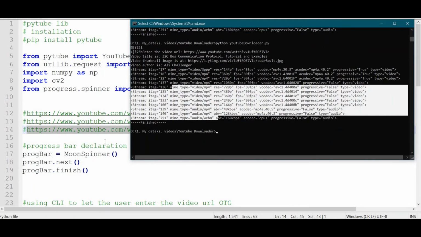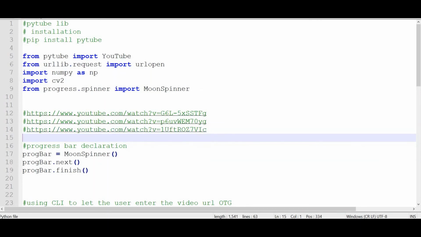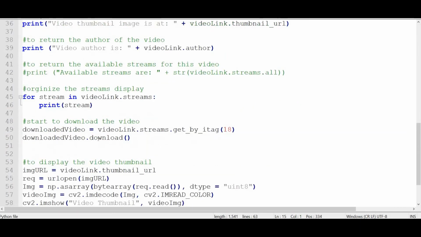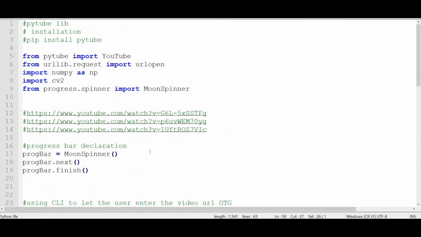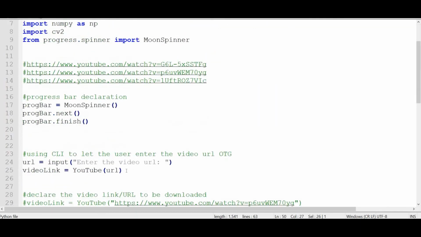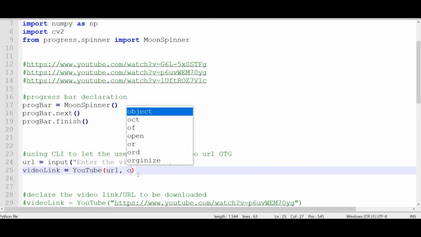There's no progress. Why? Because we didn't tell the YouTube library that we are going to use a progress. When it starts to download, it will just keep executing this instruction until the video is fully downloaded, then it will go to the next one. So instead, to make it release the instruction, we have to go here, where's the URL, and we add this one. Okay, we tell it